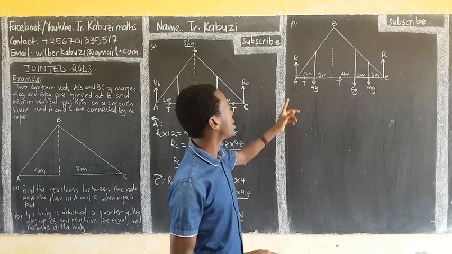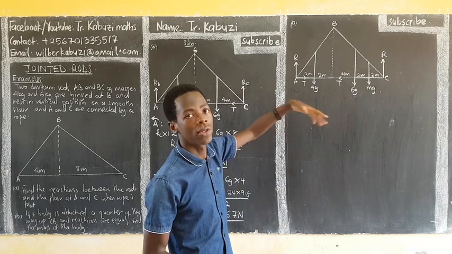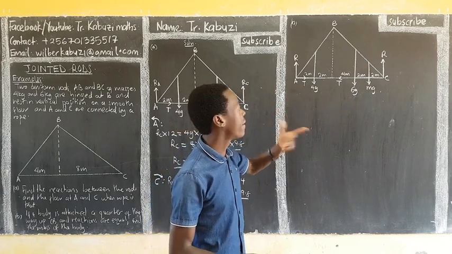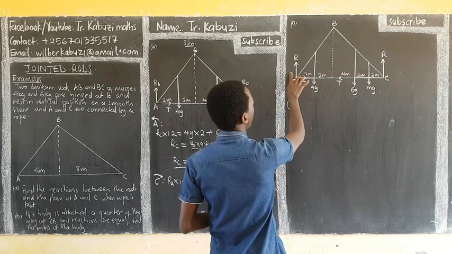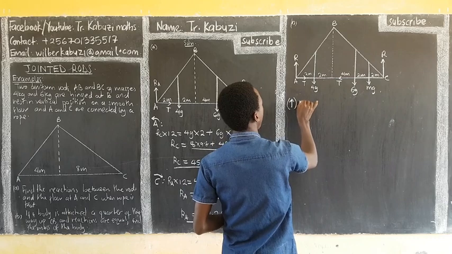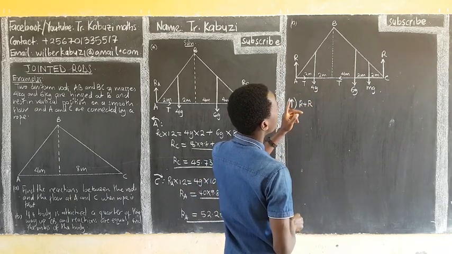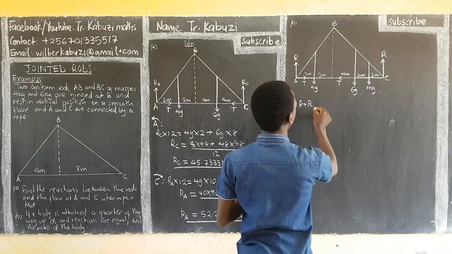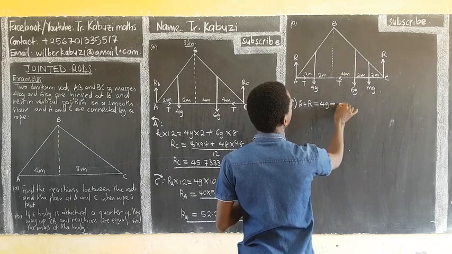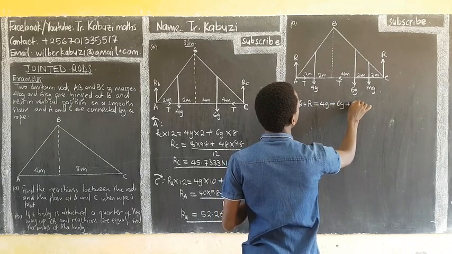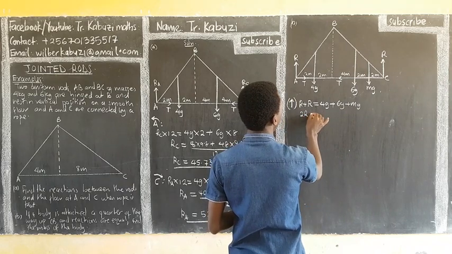How are they positioned? These are positions vertically up, and this one is a position vertically downwards. So in the first case we are going to resolve vertically. Resolving vertically means the forces going up are R plus R. I think those are the only forces going upwards. Then downwards I have 4G, then plus 6G, then plus MG. So this one is going to be 2R equaling